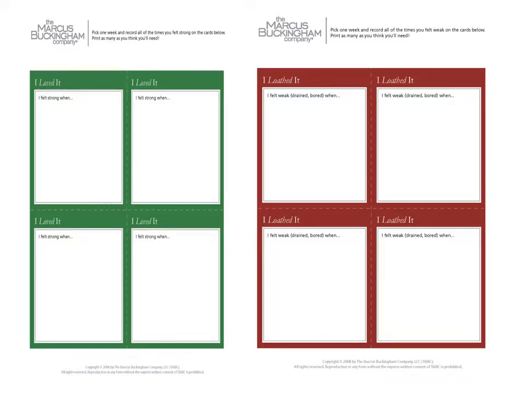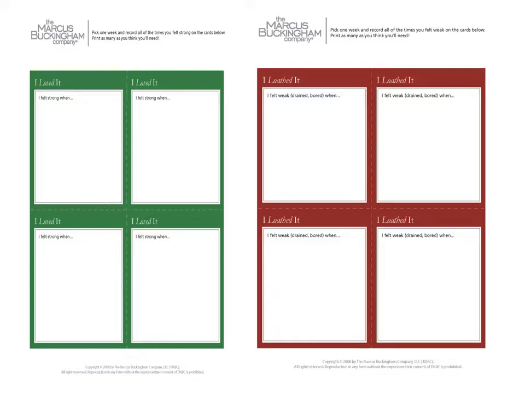Marcus Buckingham, in his book Go, Put Your Strengths to Work, has identified another strength or self-reflection method. I really like this method. I really like the book Go, Put Your Strengths to Work. I think it has a lot of good, useful tips for us. He wrote this after he left the Gallup organization and kind of went off on his own, still using the strengths material, but he's applied it in the leadership, in the business area.